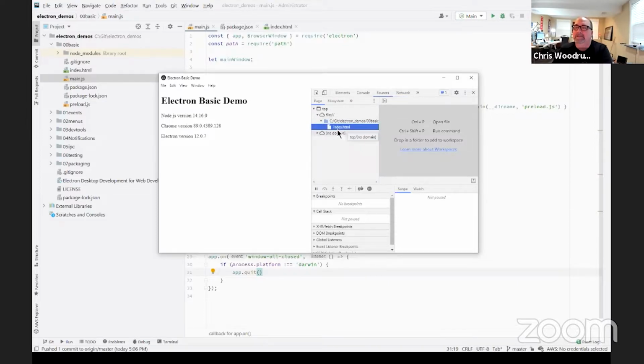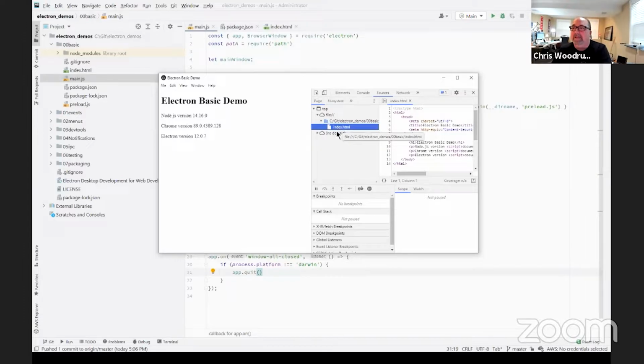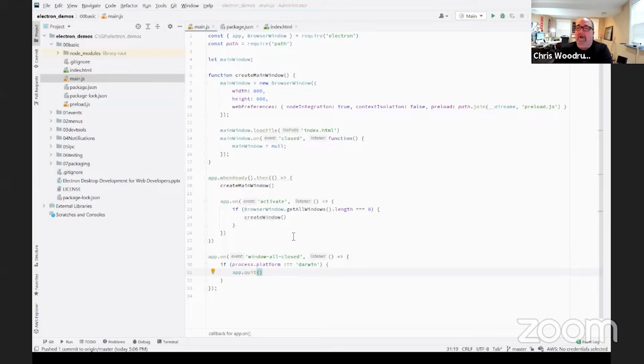I can see the sources. You can see that it's just giving me the index file. So this proves that really this is just a Chromeless Chrome browser that we are working with. And that's all you really need to open up and do Electron. It's not very hard.